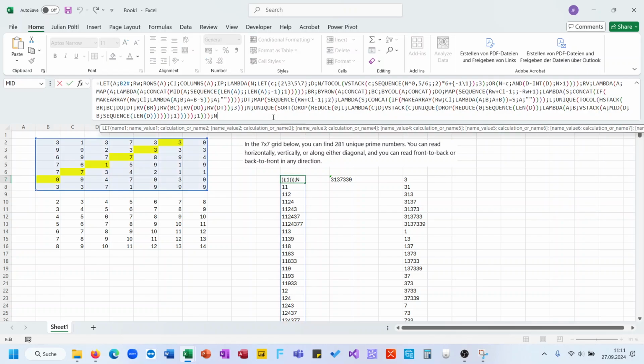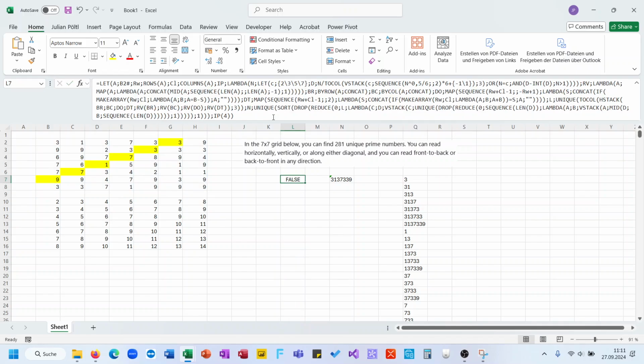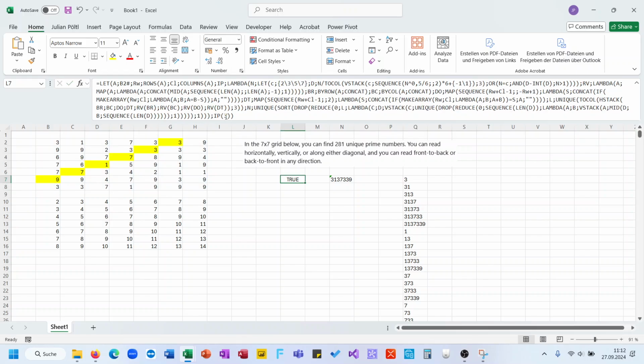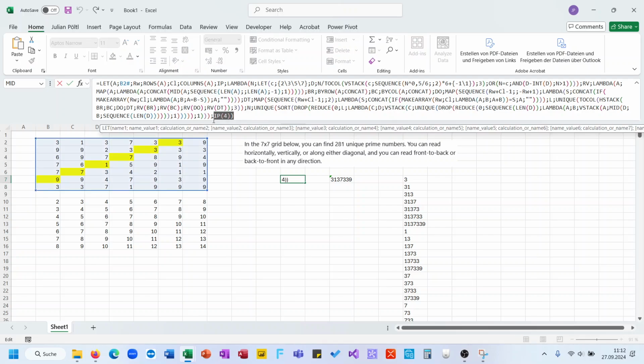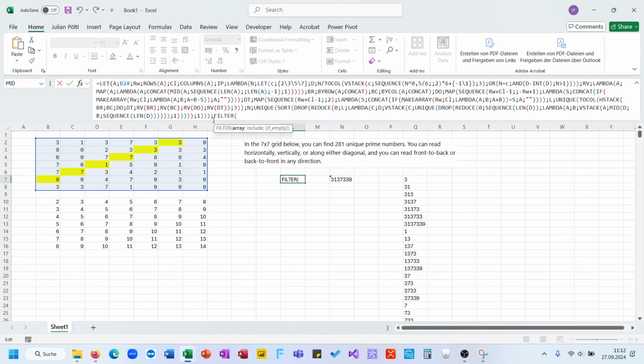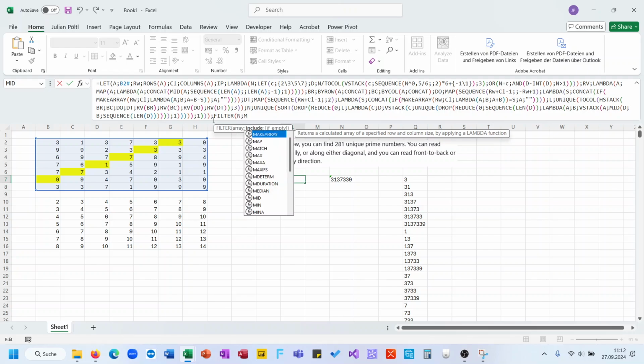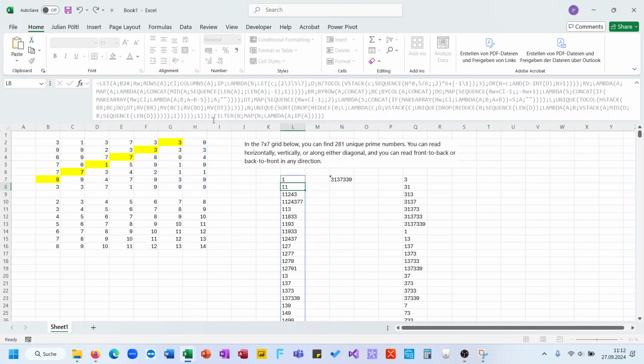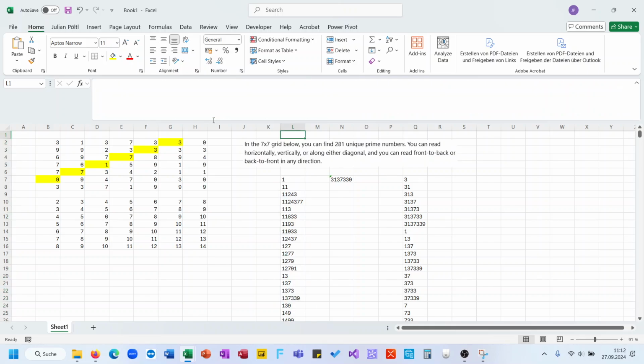So, for example, if I search for IP4, the argument will be false because 4 isn't a prime number because it's divisible by 2, but IP3 is true because 3 is a prime number. So then I will use here the filter function, filter n, and now map n lambda a, use here the is prime lambda here,